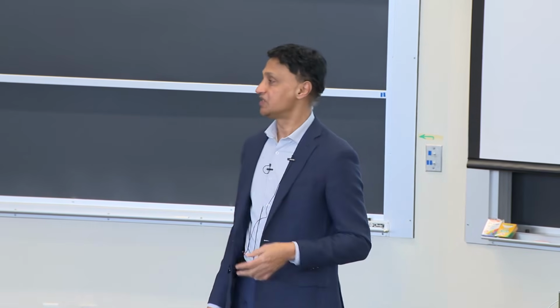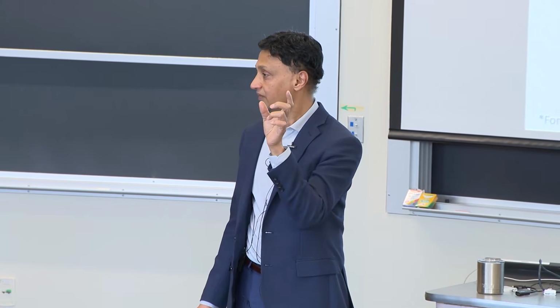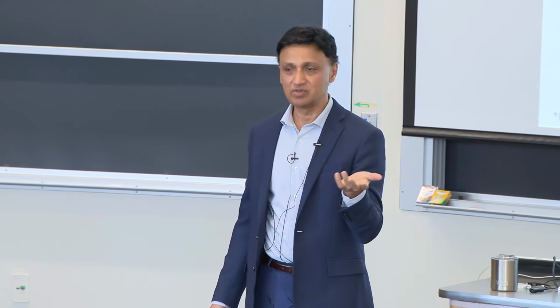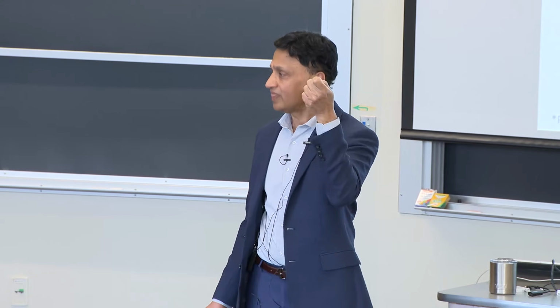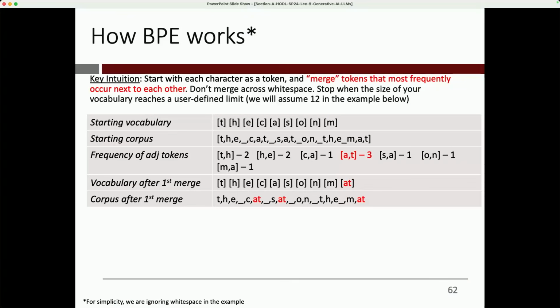Think of it this way, right? Suppose I tell you, I want you to compress a message I'm going to send to you. And then you look at all the past messages you've had to deal with, and it turns out you're finding that certain characters are occurring next to each other all the time. Right? Maybe, just for argument, let's say ABC shows up ridiculously often in the messaging. And then you'll be like, if it's always showing up all the time together, why treat it as 3 things? Let me just call it one thing. ABC, that's it. You send a single token called ABC. Every time you need to send ABC, not A, B, C. That's the basic idea. So here, if you come here, that's what we have.